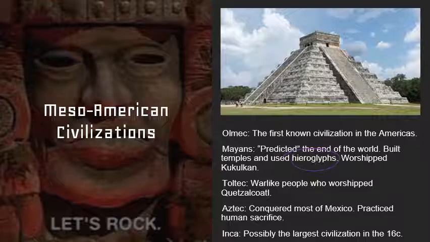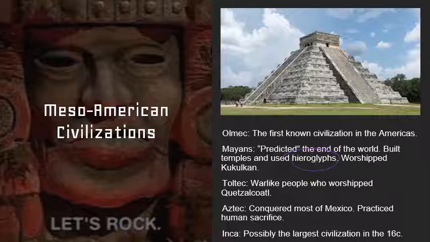And that calendar is how they supposedly predicted the end of the world, because this was the most accurate calendar up to that point. And so their calendar stopped in, what was it, 2012, and so we thought since the calendar stopped, that meant that they were predicting the world was going to end. Most likely what happened is the Mayans actually just kind of disappear at some point. We don't really know what happened to them. Maybe it was a drought, maybe it was a famine, we don't know, but they just kind of poof, they're gone, and so most likely that's why their calendar ended, rather than any sort of end of the world prediction.